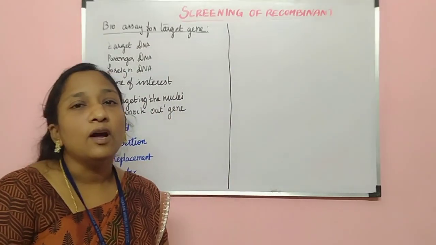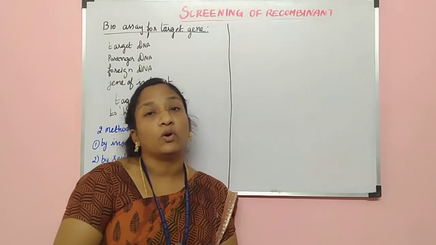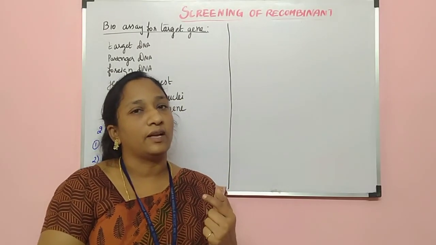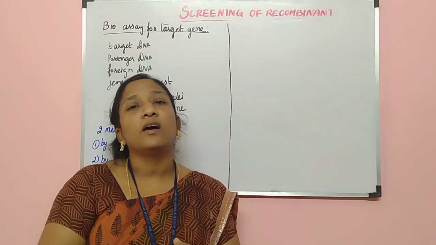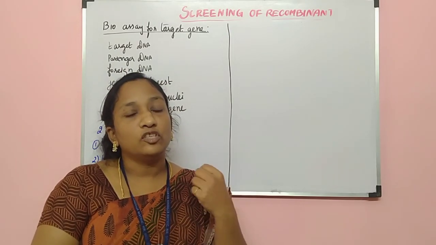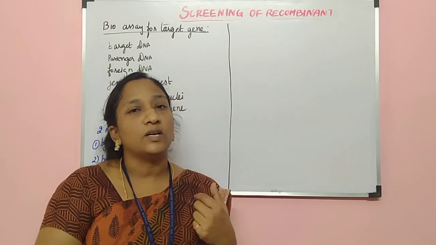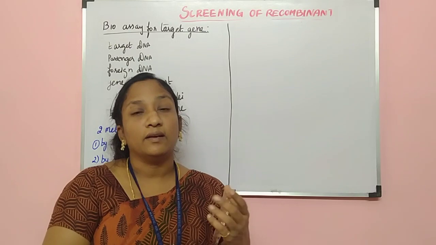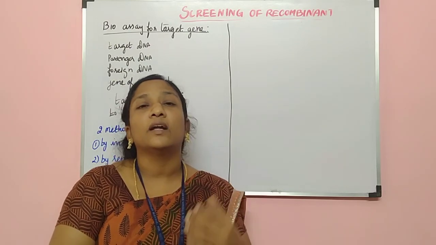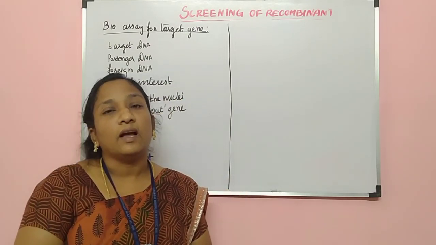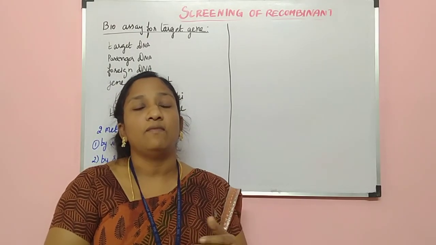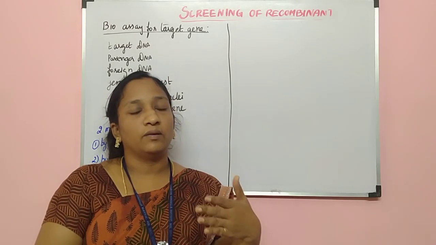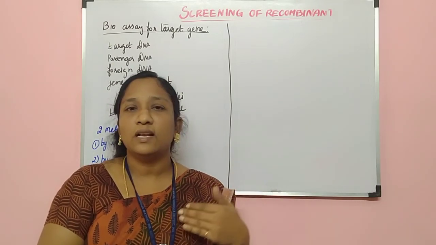We learned the three types of blotting technique. What are they? Northern blotting technique, southern blotting technique, and western blotting technique. What is northern blotting technique? For isolating the DNA, it is called northern blotting technique. If you want to take the RNA separation, southern blotting technique is useful for that. Or if we want to isolate the protein, then we can go for the western blotting technique. So this blotting technique is followed by gel electrophoresis.